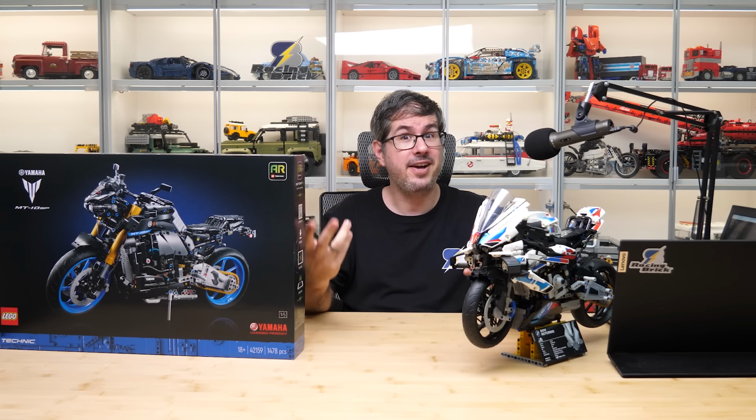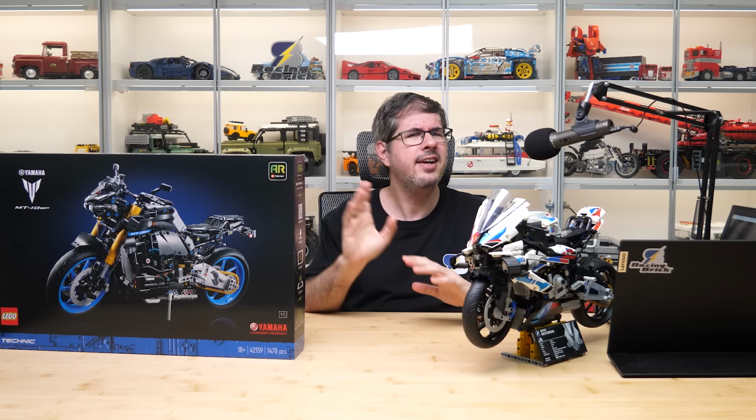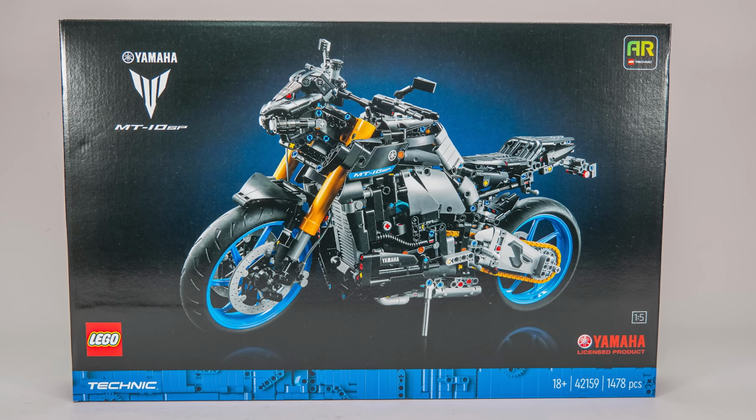I'm sure Yamaha fans are celebrating right now, but will this bike be different enough from the BMW to convince all Technic fans? Does it have something new to offer? Let's find it out. We see the motorcycle on the front of the box with the usual black background of